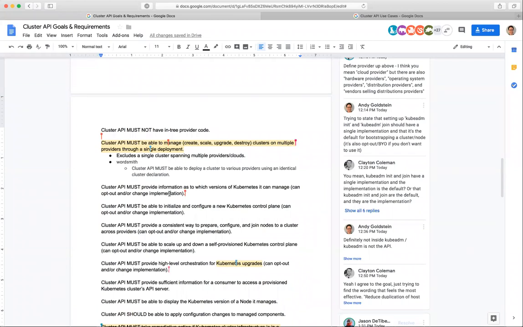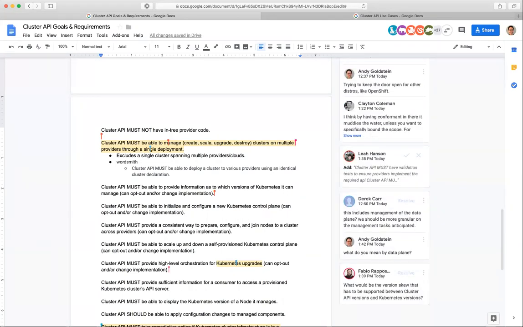So the language you use is be able to, so it must be able to provide. It doesn't say it must, it shall provide. If you're being consistent with the language you use above, then it would nix the entire can opt out, because be able to means that it's not strictly required. I mean, from a usability perspective, I think this is a valuable feature. I agree. We need to be able to have things that some providers have the ability to be optional, and that would be like the optional field in the spec for the API itself.